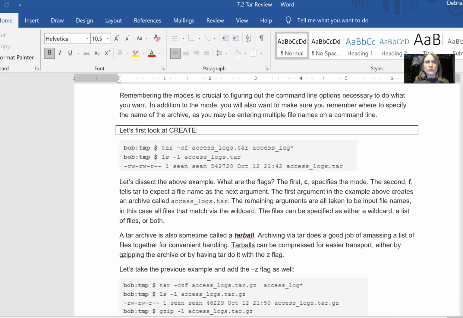So here is an example that we can see on our screen of tar being used with the -cf flags, a name of a tar archive, access_logs.tar, and then followed at the very end by the list of each and every file that we want to put into that archive. So in this case, we use some wildcarding. access_log asterisk, or star, some people say, that's the wildcard. It says match anything. So we might have a bunch of files in a logging directory that are named access_log and then a date stamp